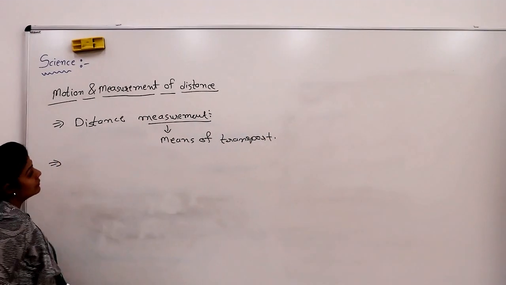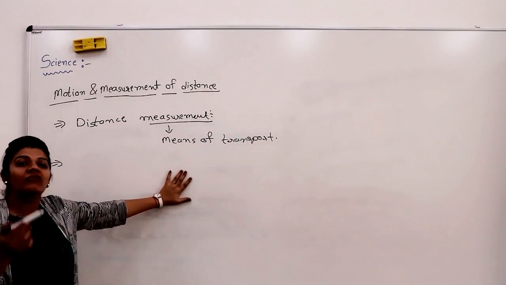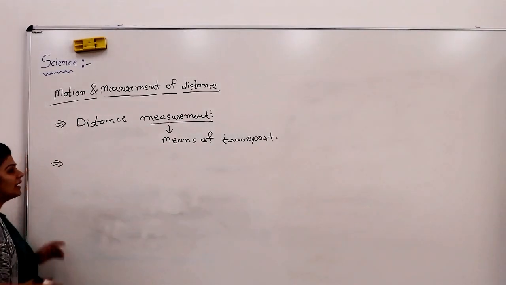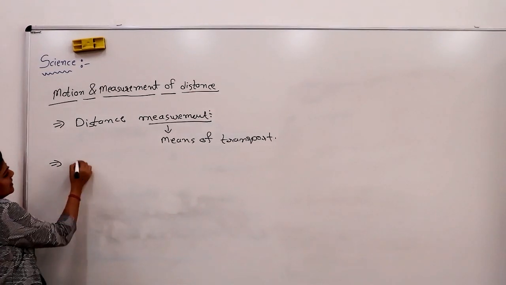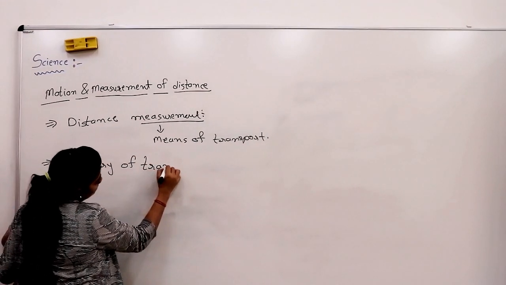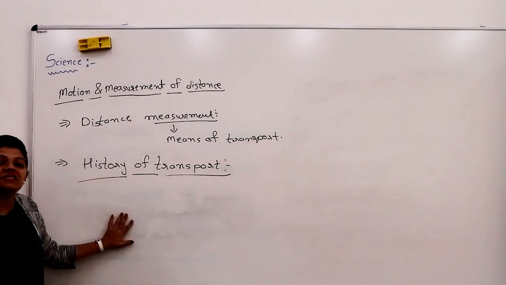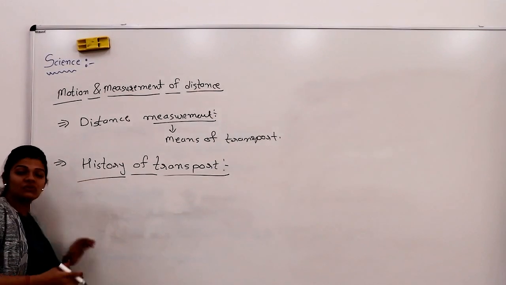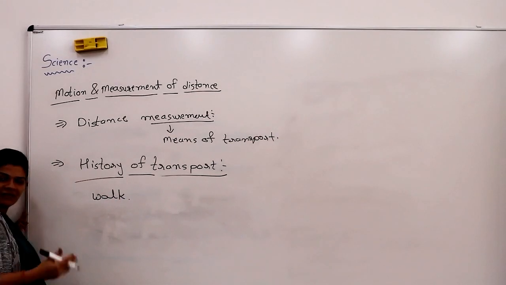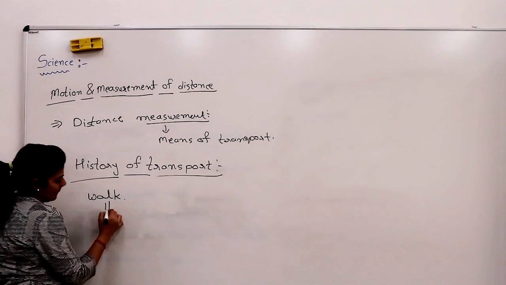But for means of transport, we should know how transportation evolved from ancient time to the modern time. This is the history of transport, how it changed. In ancient time, people used to travel everywhere by walk only. Wherever they wanted to go, they had to go by walk, because they did not have any option at that time. Afterwards,